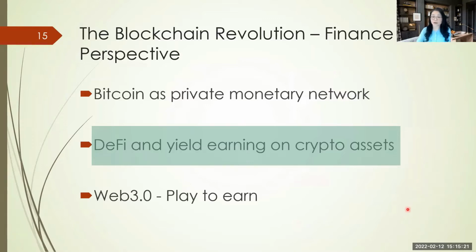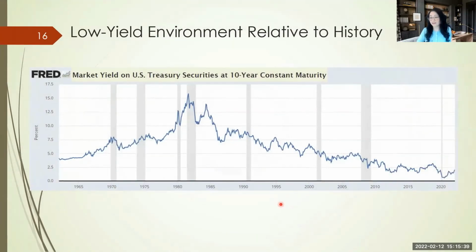So the second point I want to talk about is the DeFi revolution, or I would want to broaden it to considering the yield earning on crypto assets. It's closely related but slightly different, right? So think about the economic environment today. We actually have a low yield environment relative to the history of the last half a century, right? This is the long-term treasury yield, the 10-year treasury yield. It basically tells you how much money you can earn in the long term if you put it in the safest asset,